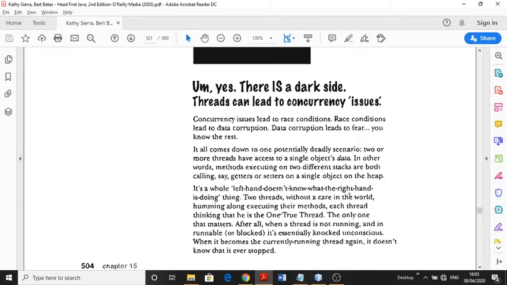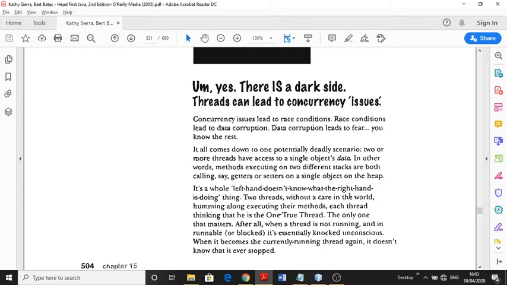We know that the concurrency issue leads to race conditions, and it may lead to data corruption. Two or more threads may access a single object, and both threads, without talking to each other, update or access that same object.